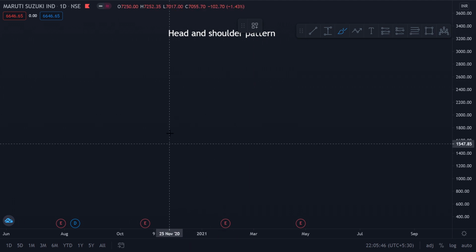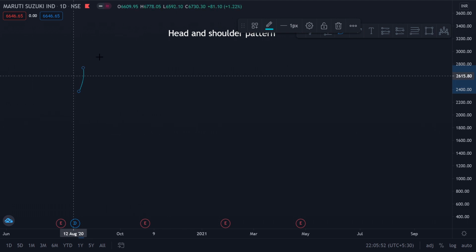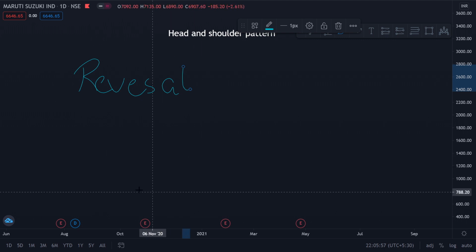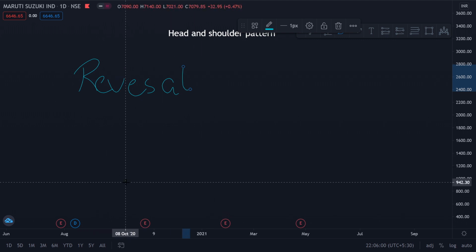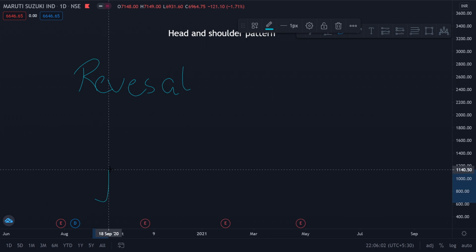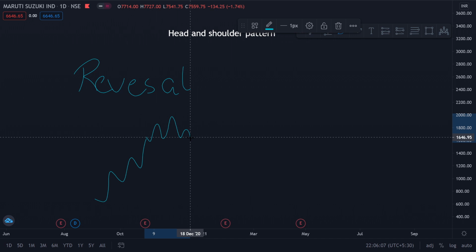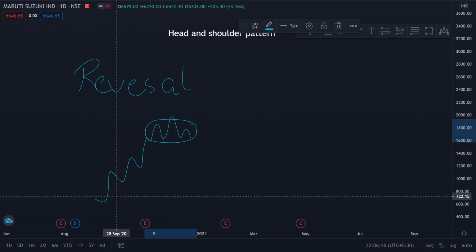A head and shoulders pattern, for those of you who don't know already, is a price action pattern and is mainly a reversal pattern. So what is a reversal pattern? A reversal pattern is basically formed when the price, for example, is moving in an uptrend, and then it forms a certain reversal pattern, which we can observe. As soon as these reversal patterns are being formed, we have to stay alert and look for a change in the trend. So a trend reversal, basically.